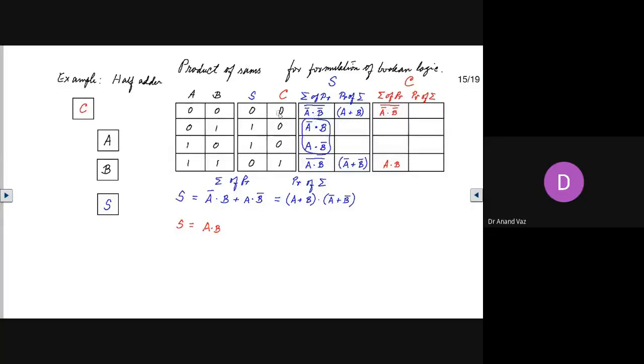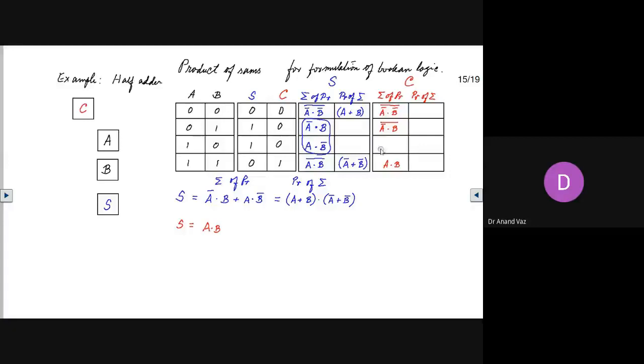Okay, this will give us a 0 always here. Here we have not A and B. The complement of this, not of this, will always give us a 0 here.